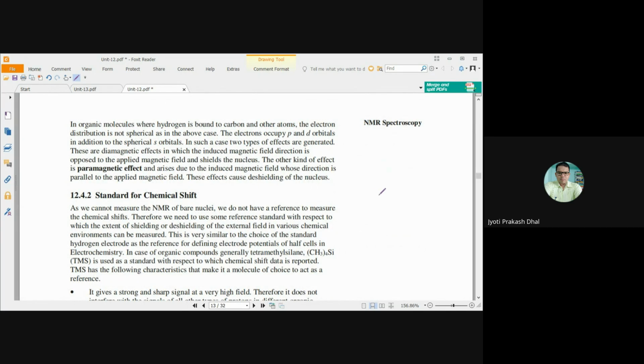In an organic molecule where hydrogen is bound to carbon and other atoms, the electron distribution is not spherical as in the above case. For a hydrogen atom or hydride ion, the electron distribution is spherical. But in an organic molecule, where carbon and other atoms are there, the electron distribution is not spherical. So the electrons occupy p and d orbitals in addition to the s orbital. In such a case, two types of effects are generated. These are the diamagnetic effect, in which the induced magnetic field direction is opposite to the applied magnetic field,